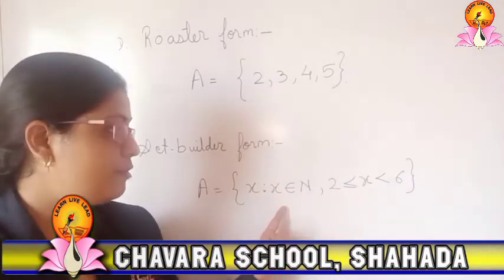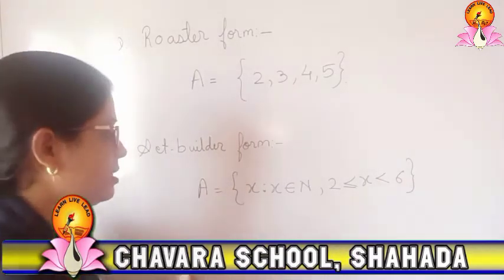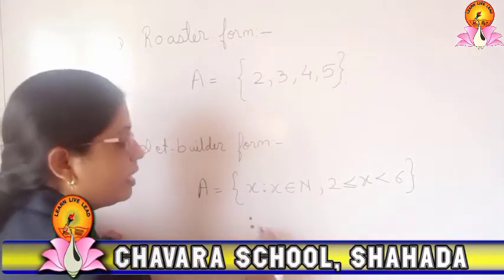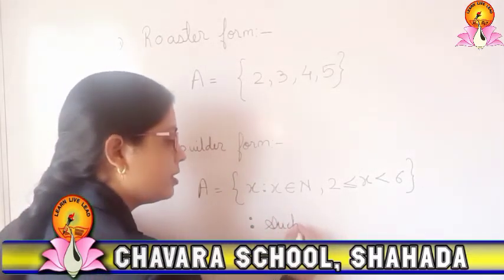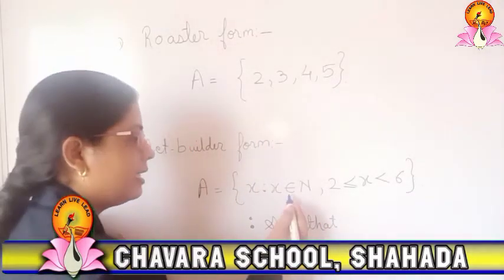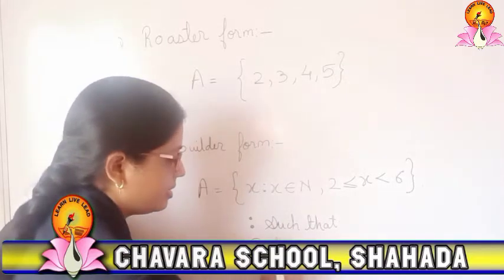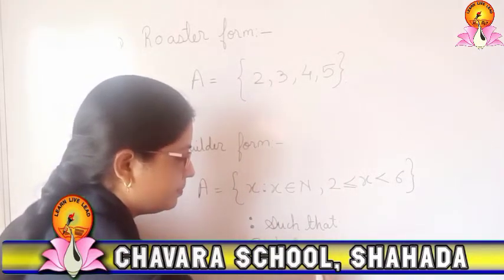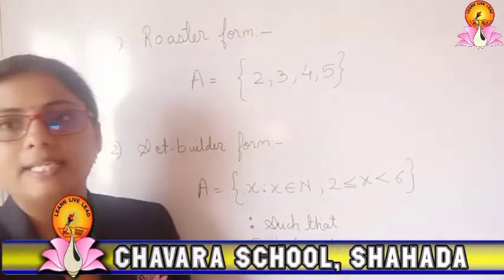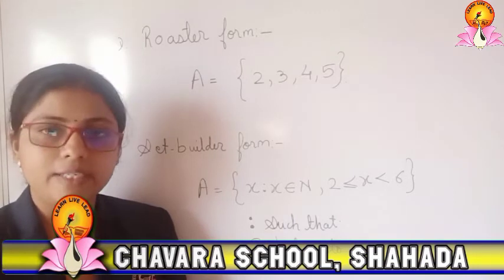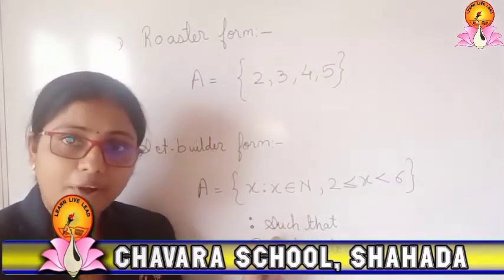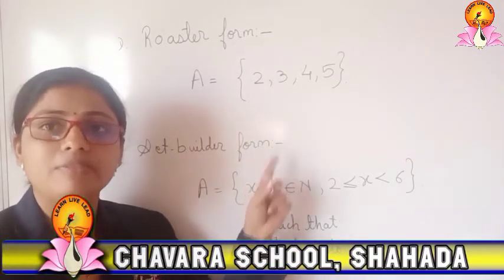Now if you watch this, the sign colon represents "such that", and epsilon represents "belongs to". And greater than, less than, equal to signs you know very well. So my dear children, these signs are very important here. From these signs only we come to know what type of set it will form.